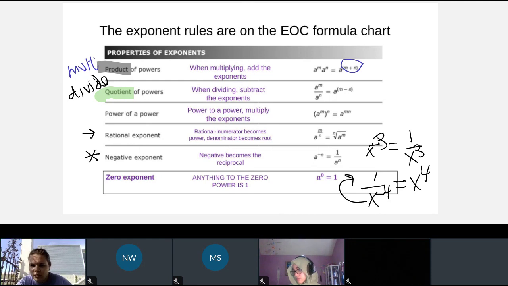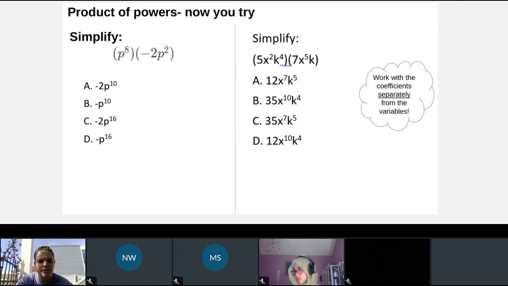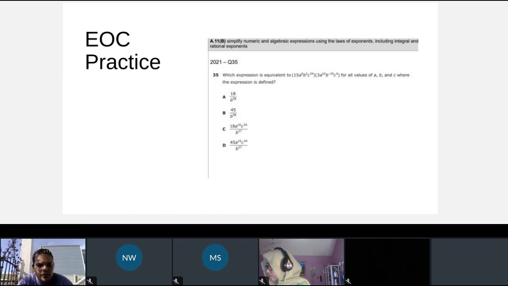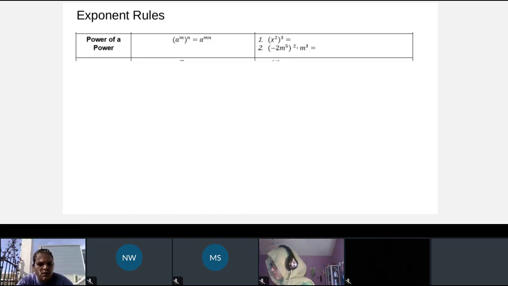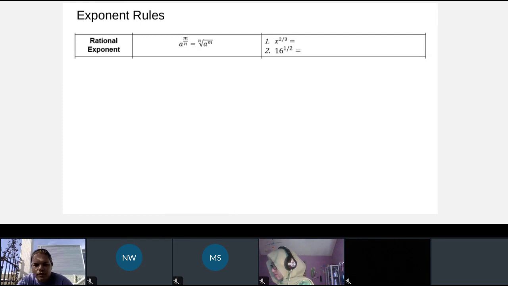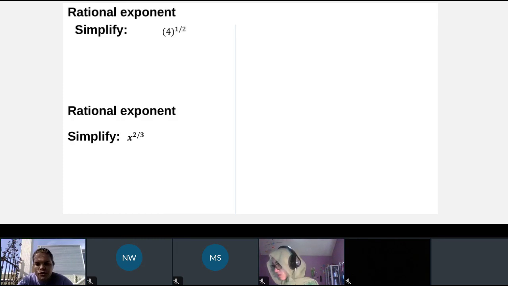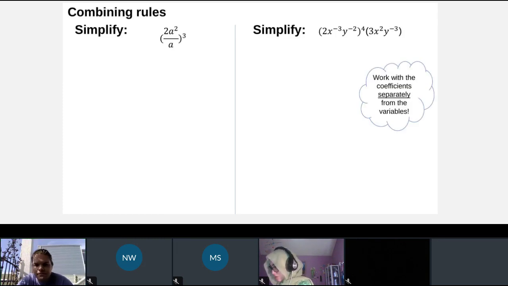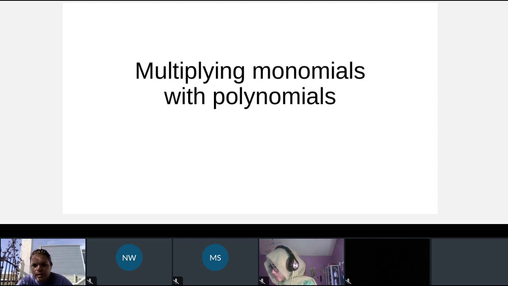So if you would grab a piece of paper. Actually, let me see if I have some. Those are power over power. I thought I had some multiplication first. Maybe not. Okay. Let's do this. I'm going to pull up a blank page. If you will go to your 0A.12 homework in ClassKick,